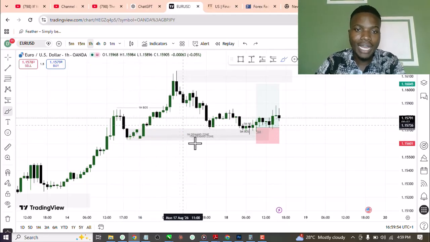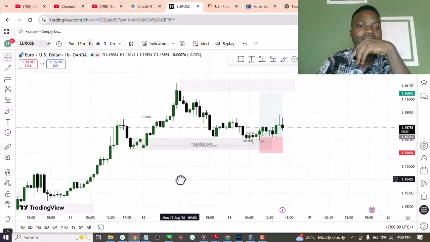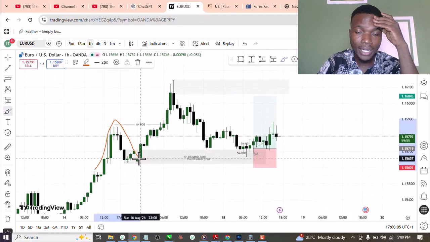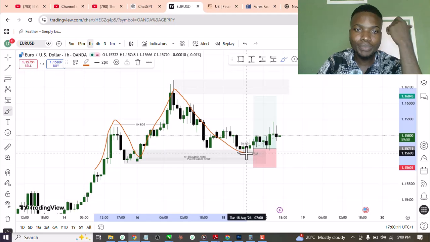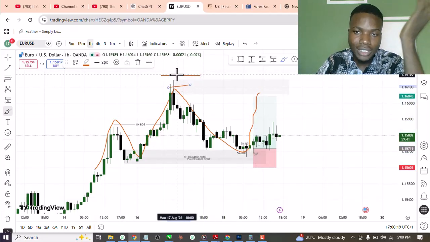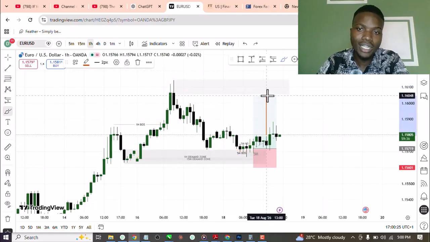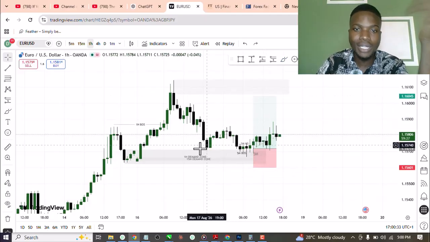After I marked up my 1 hour demand zone, because I know that on this 1 hour time frame price was creating higher highs and higher lows, then it created another high, then this is the next low. The next thing I'm expecting price to do on this 1 hour time frame is to create another one. It might not be a new high that's going to break this level, but I know for sure that price is going to reverse at least a little bit to the upside before it starts shifting to the downside. Based on this 1 hour time frame right now,